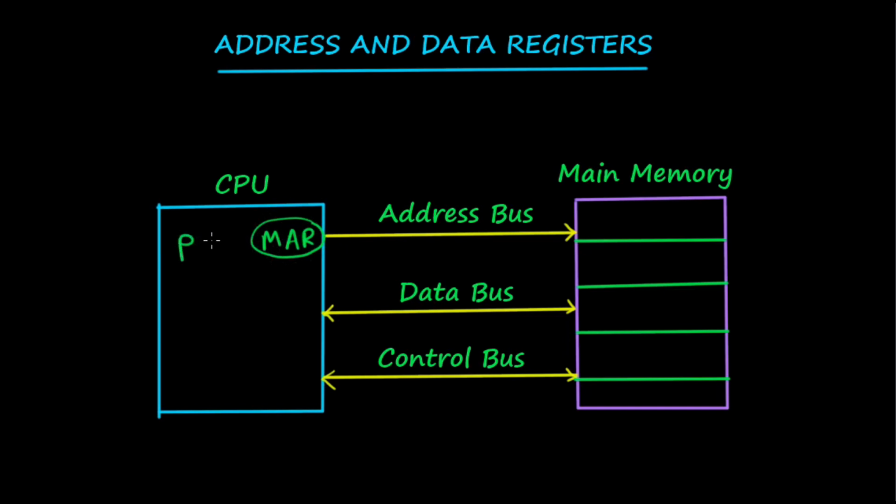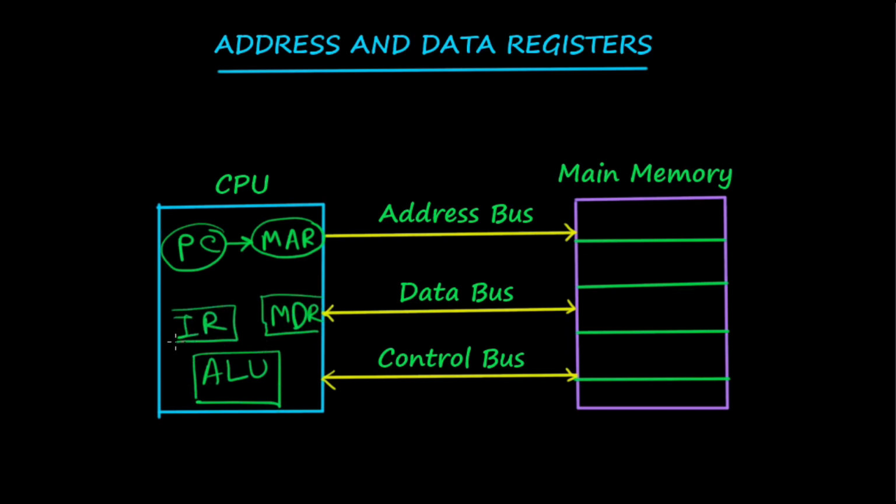Here we will have the program counter, and the program counter will be giving addresses to MAR, and MAR will give those addresses to the address bus, and that would finally be coming to the main memory. From main memory, the data bus is directly linked to which register? To the MDR register. Yes. Through MDR, and inside we will have one ALU and one IR. Forget about the flag register as of now. That is a special kind of register.